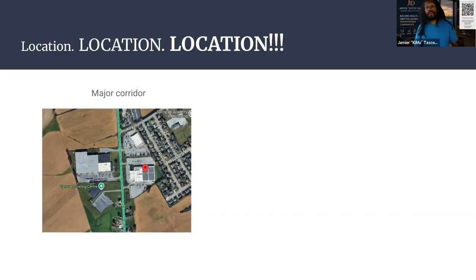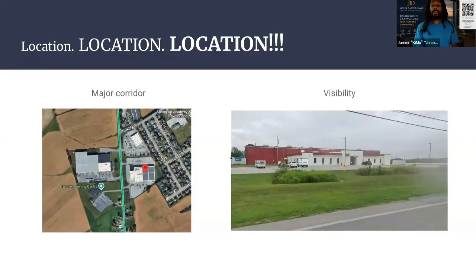And if you don't know what a major corridor is, it's literally a major strip, a major street that usually is probably some type of state highway, some type of state freeway, just somewhere where there's a lot of traffic on a consistent basis. And that's where you really want them to be because visibility is key. And there's another aspect, which I will talk about later in the presentation, that is also key. And just like I said, you want to make sure that it's visible.